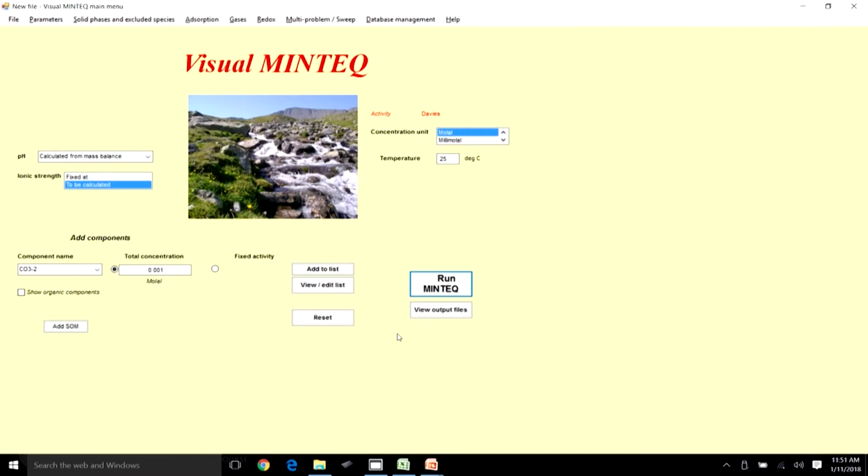So now instead of having a relatively low partial pressure of carbon dioxide, I am going to increase the partial pressure of carbon dioxide. So again, visualize this: you have a lot of moles of carbon dioxide in the gaseous phase and relatively fewer moles of CO3 total in your aqueous phase. So what's going to happen? The equilibrium is going to shift in such a way that the moles of your particular CO2 or CO3 total here obviously are going to change phase from the gaseous to the aqueous phase.